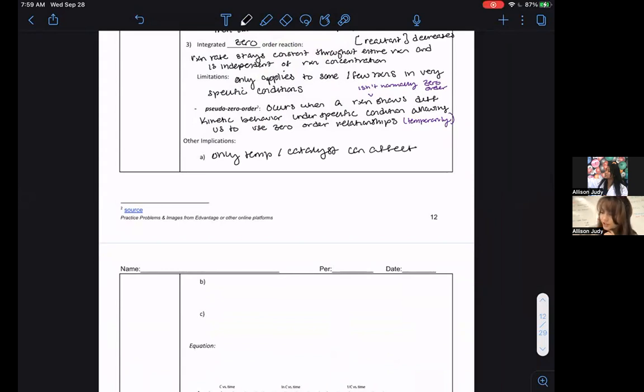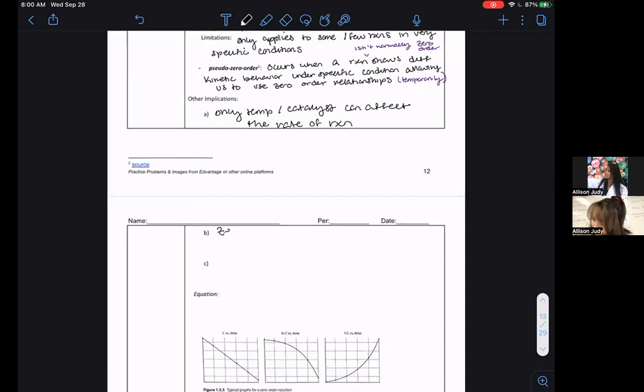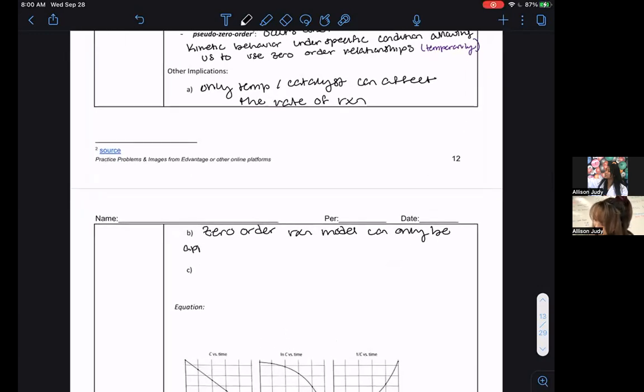This is from your previous lectures. We already know this can affect the rate of reaction. Two, when we do talk about zero order reactions, a zero order reaction model can only be used or be applied for limited amounts of time